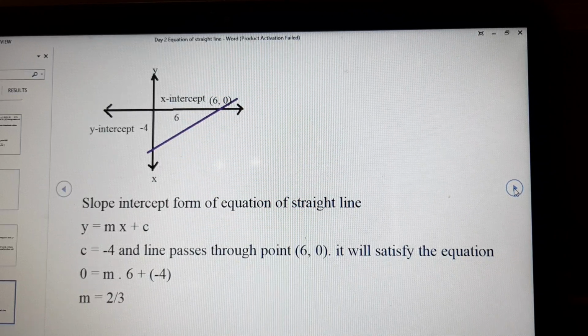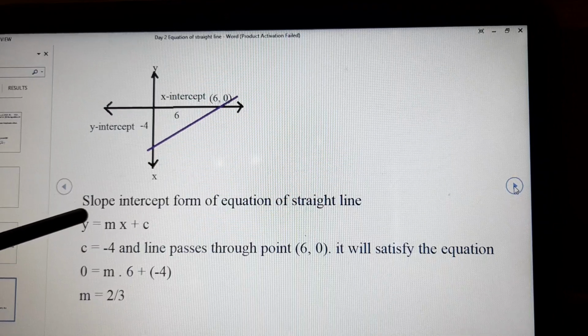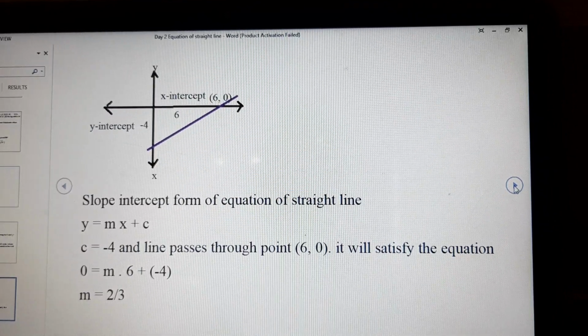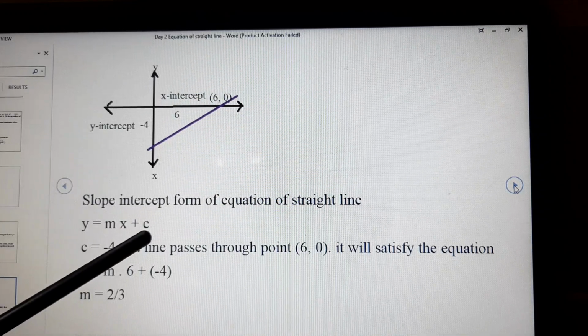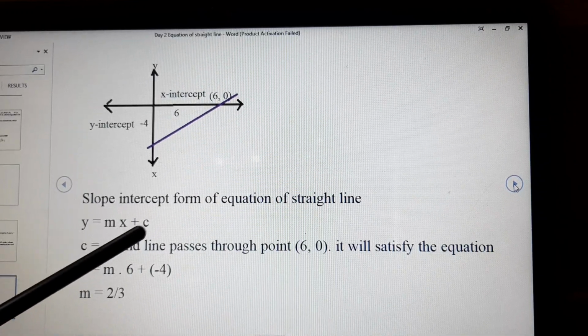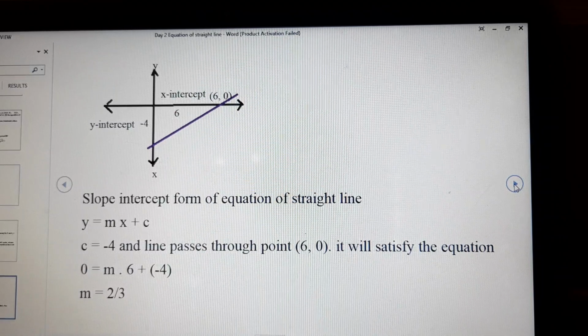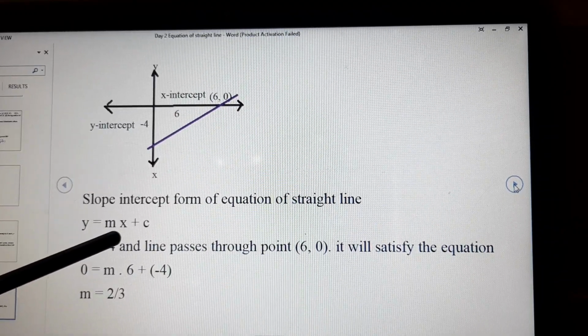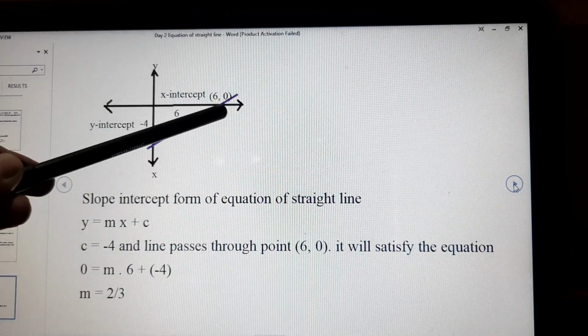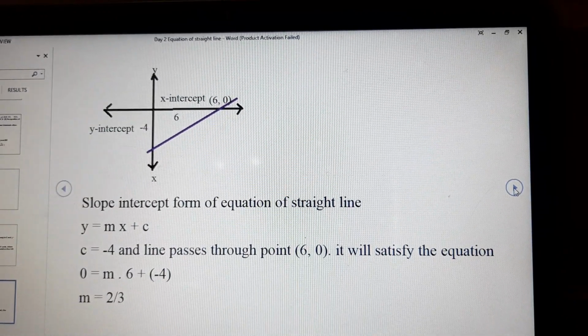So we can say that slope, and we'll use slope intercept form because y intercept is given. Clear? So y intercept, value of c, is given. So y is equal to mx plus c. We will substitute c by minus 4. And because this line y is equal to mx plus c passes through point 6 comma 0,